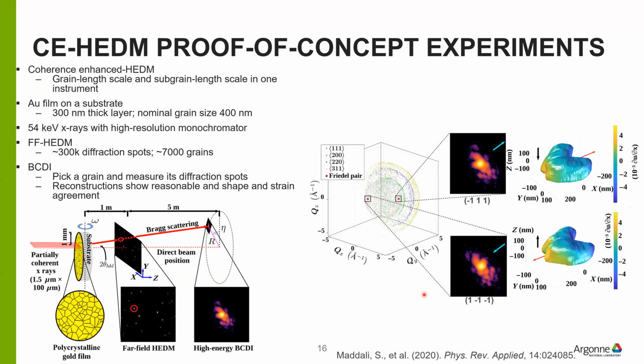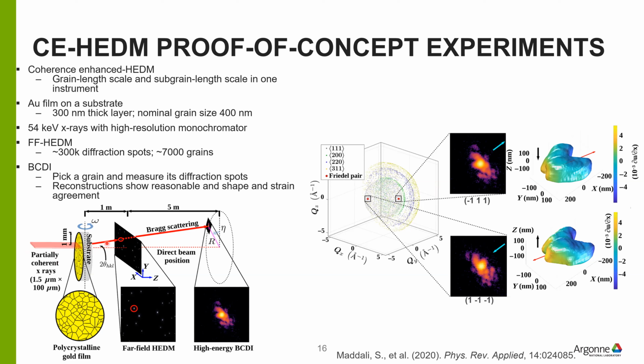So as a proof of concept, we've done some work using BCDI and demonstrate the zoom in and zoom out idea. I'm sure Stefan Hruskovich will talk more about it later today. Just to give you a little snapshot of it, we basically had a gold substrate that had about 7,000 grains, illuminated with a coherent beam, measured and identified it using far field first, and then measured a particular grain from that illuminated volume